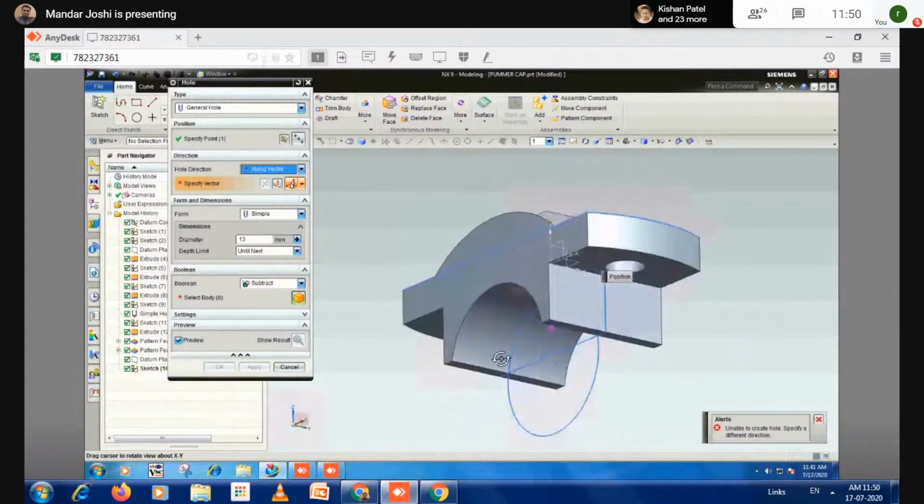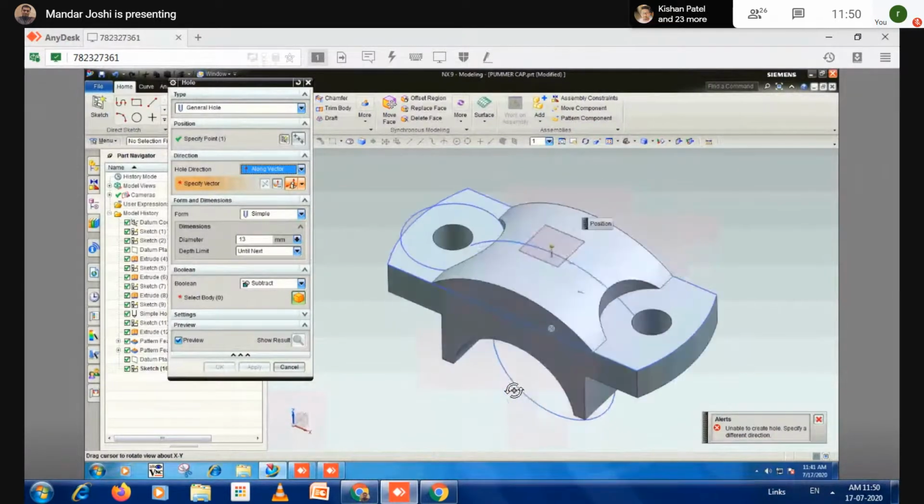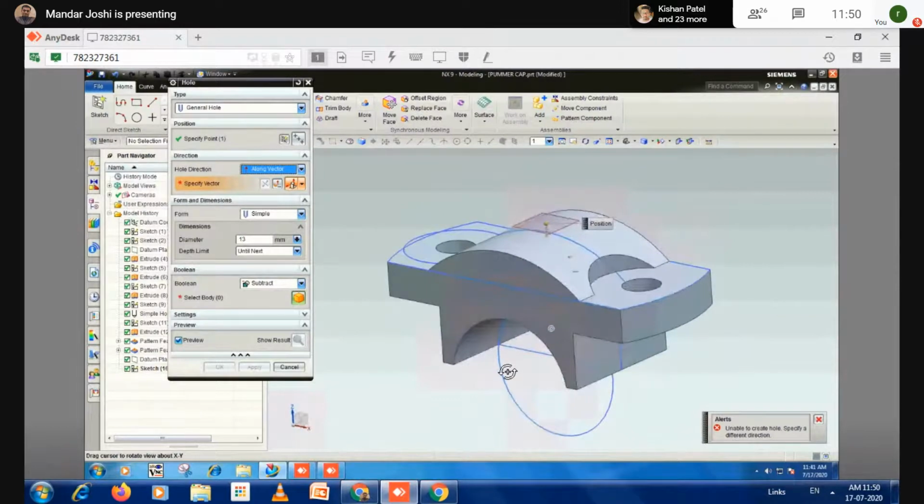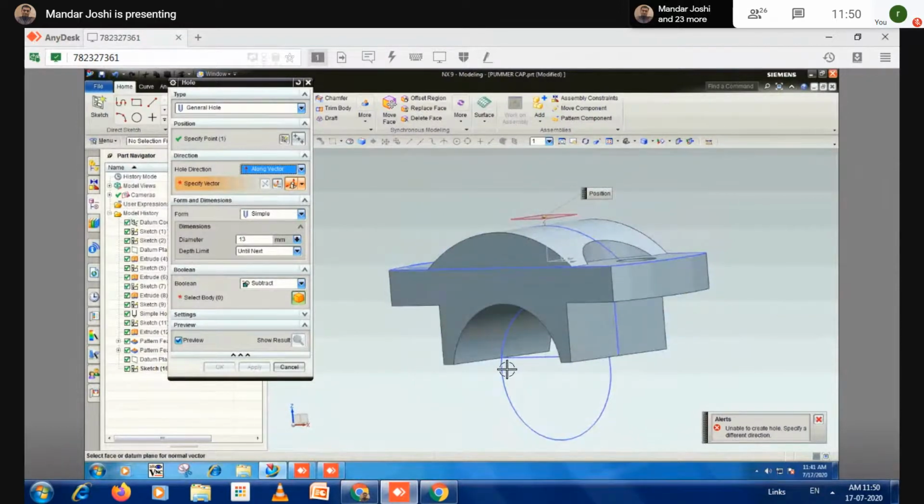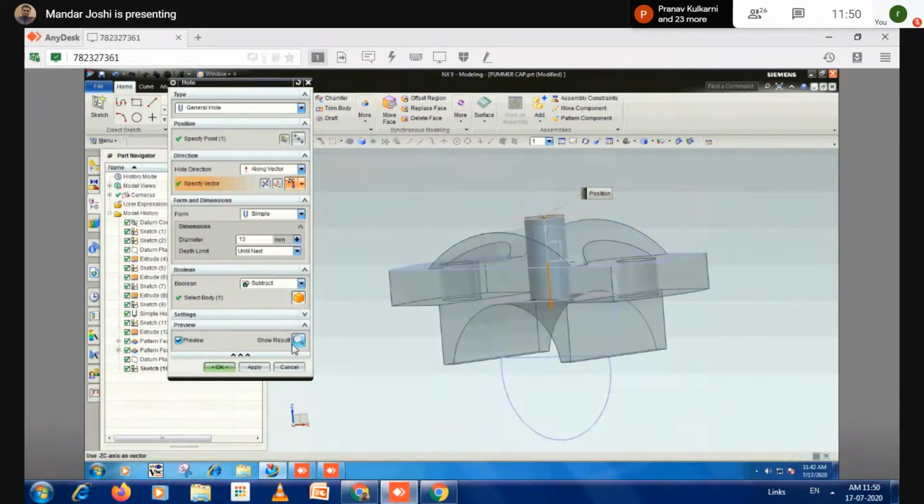Can you tell the direction name here? Just move this model. It is Z. Is it correct? It is Z now. So I'm selecting that ZC, but that becomes minus ZC. The minus ZC direction.